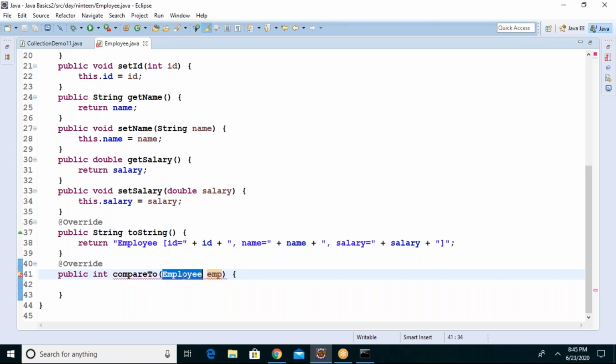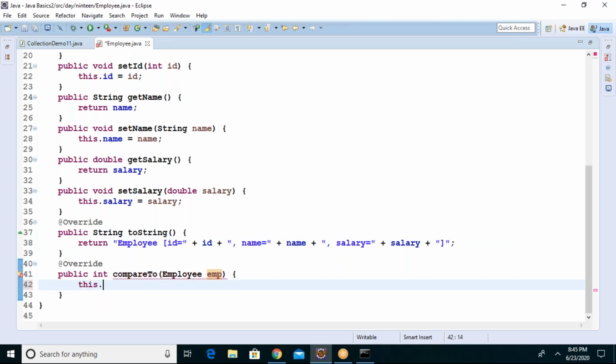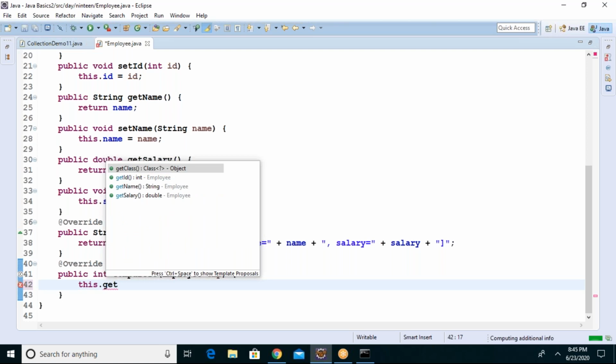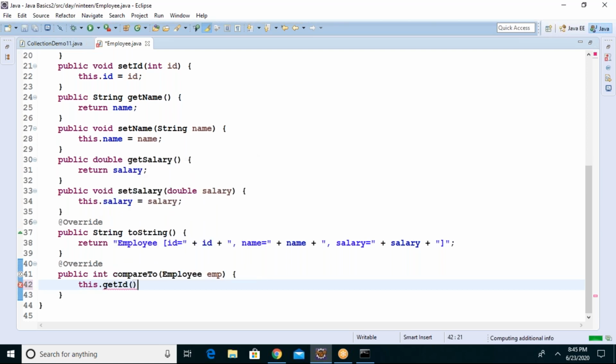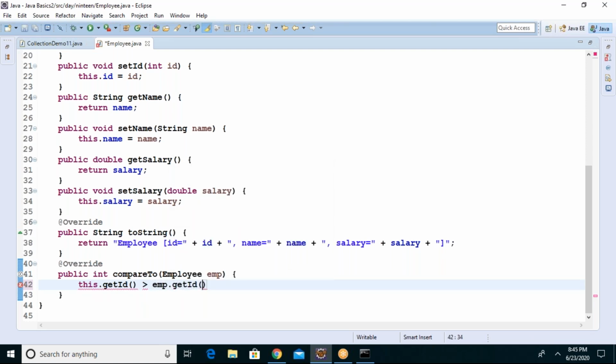So one object is coming as a parameter, and we'll also take the current object. How to get the current object? this dot, and with what you want to compare. The getter method getID. I want to compare the current object's ID with the argument object's ID. This is the logic.